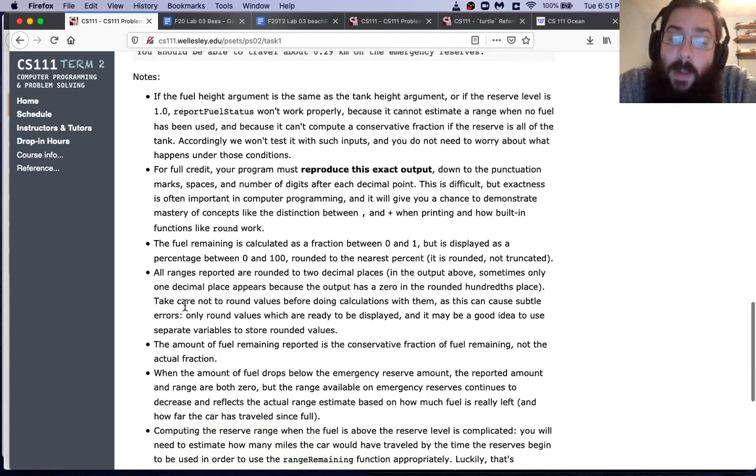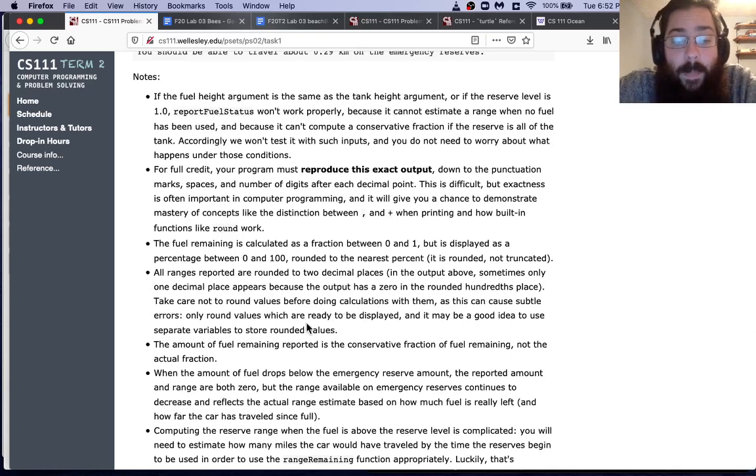And there's an extra part to this note. Be careful not to round values before doing calculations with them. The calculation should be performed on the unrounded, as precise as possible values. It's only when we are printing the output that we should round them to make it easier for the car